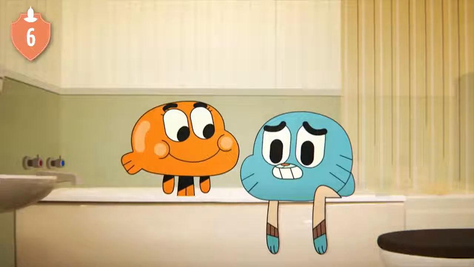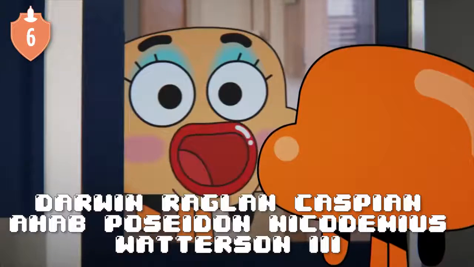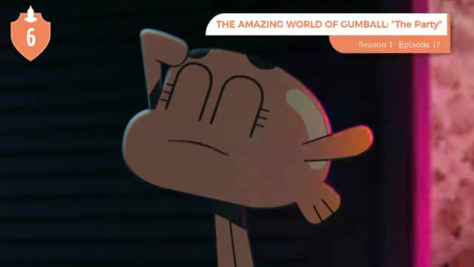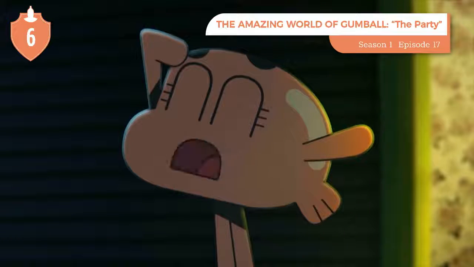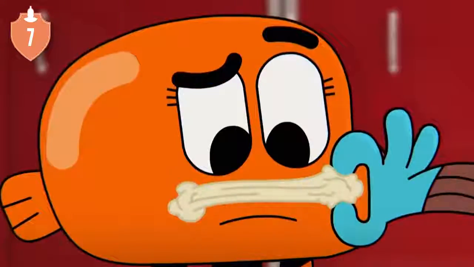Darwin's full name is the longest in the show: Darwin Raglan Caspian Ahab Poseidon Nicodemus Waterson III, as revealed in the episode The Party, and that is a stacked name where there's a lot to unpack. As we've established, his first name is a nod to Charles Darwin, but pretty much every aspect of his name